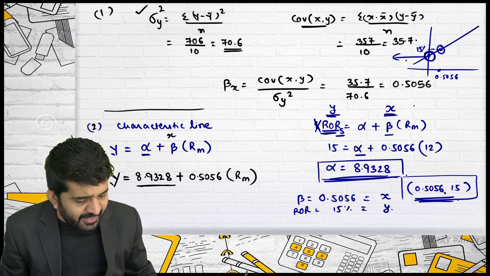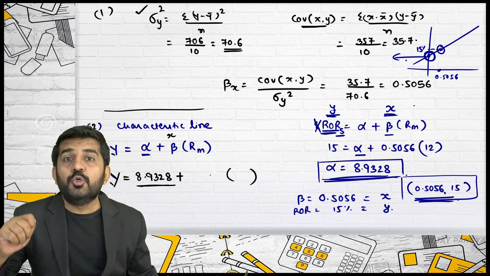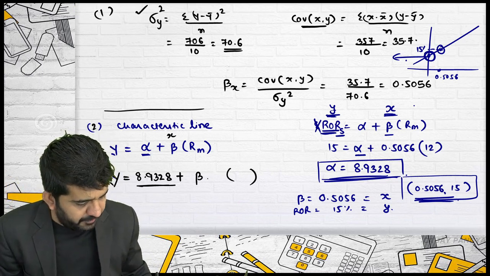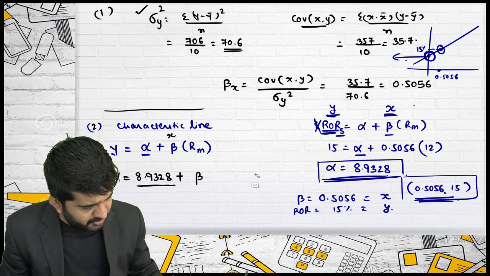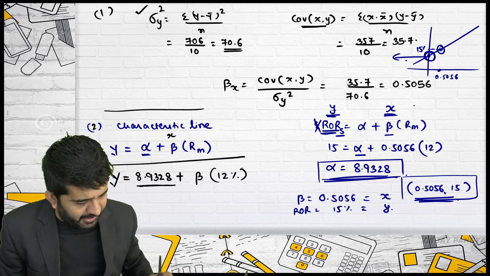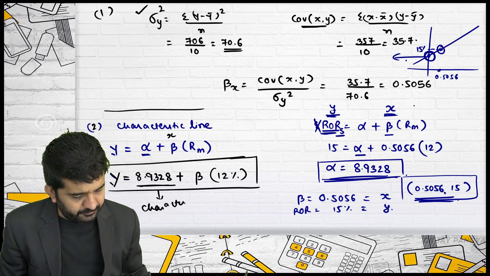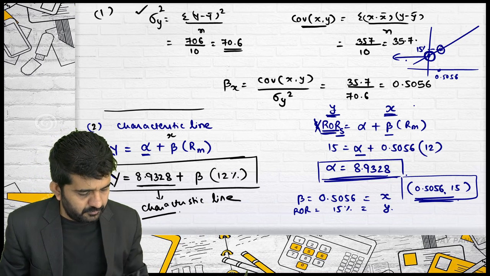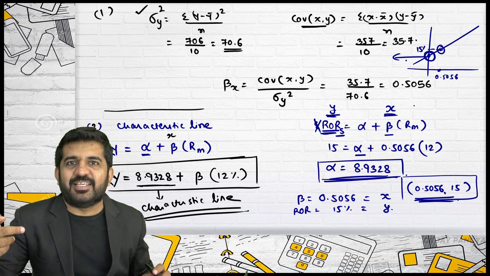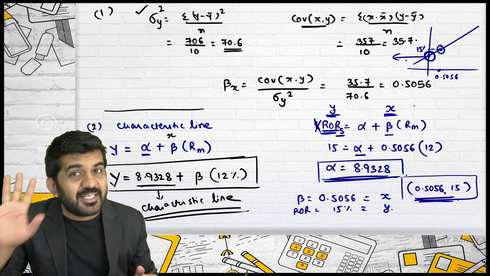Is it alright? RM is the scale. So whenever you draw the line, you should write down the scale as it is. And the X value, you should not write it down. Beta into RM. What is RM? 12%. This will be my characteristic line. If you give a mathematician origin and scale, he will prepare a line and that line will be this particular equation. So yesterday I made this mistake.